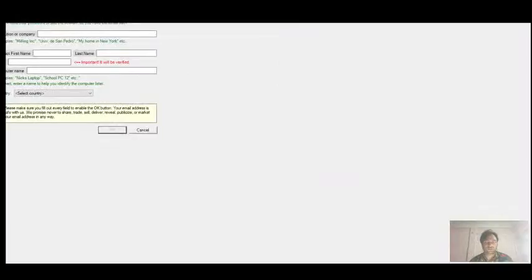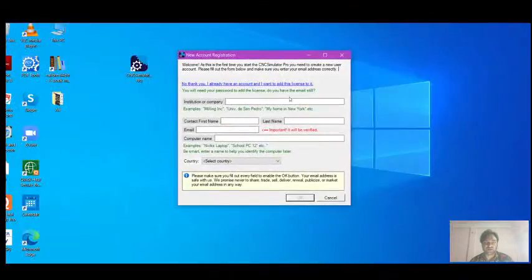Okay. So for that, please fill out the form below and make sure you enter your email address correctly, because the user ID and password you will get on your email ID. So institution or company, you can simply write